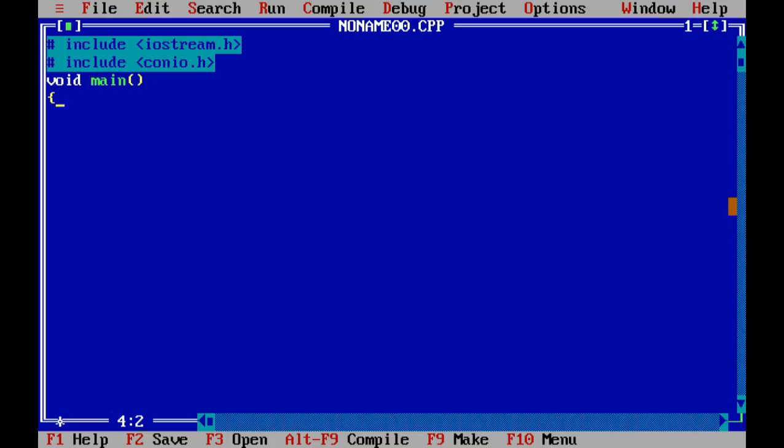Now our main program starts. Then clrscr, clear screen. As you see, I have written this in capitals, so it should be small. No capital letters are allowed in the program.